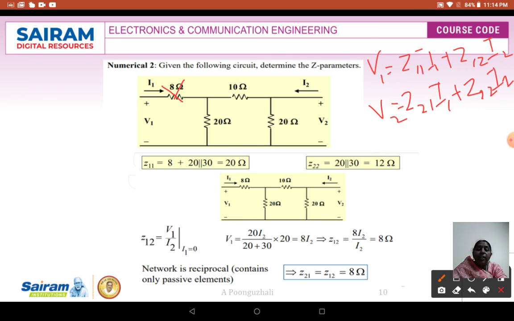Z12 is what? It is V1 by I2. So here in this case, V1 I have by I2. So we want to find out what is your V1. V1 is nothing but the drop across this 20 ohm resistance there. So the current that is flowing is going to be our I1. So we can have it as V1 is equal to, I want to find what is going to be the current that is going to flow through this resistance there. So here this is your I2 current. So total current into opposite resistance is 20 divided by your total resistance is going to be 20 plus 20 plus 10. That is nothing but 50. So if I am going to apply and simplify it, it is going to be 8I2.